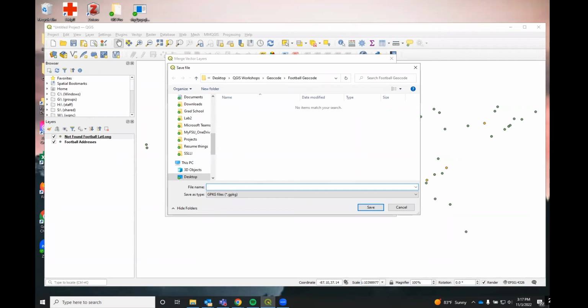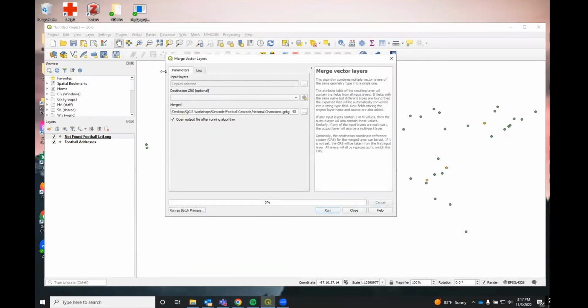Sorry, one second. There we go. I wanted to make sure I told you the correct names. We're naming this one National Champions. Okay, Save, it's in the correct folder, and we click Run